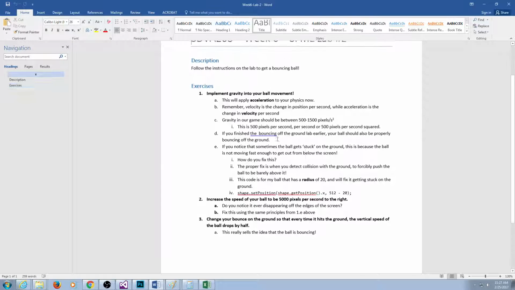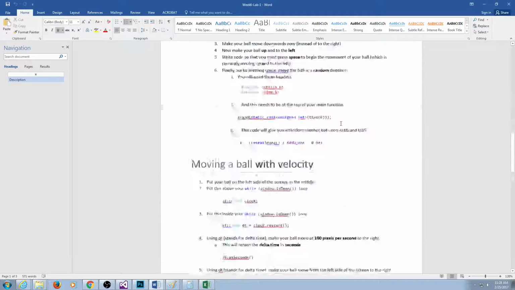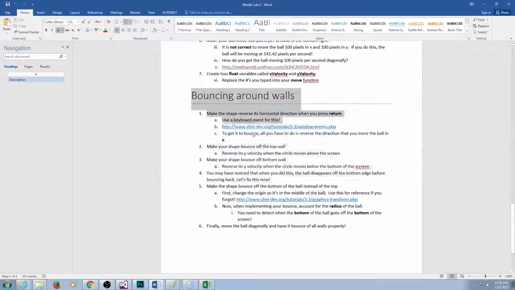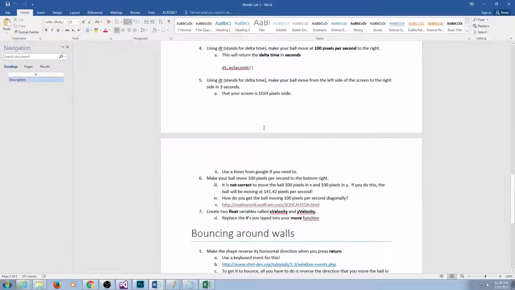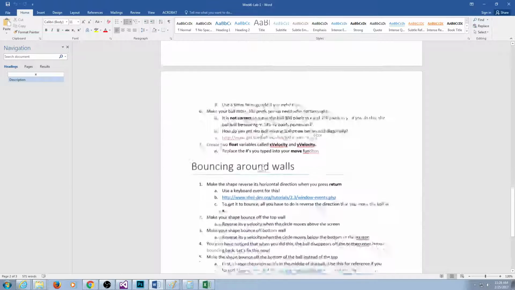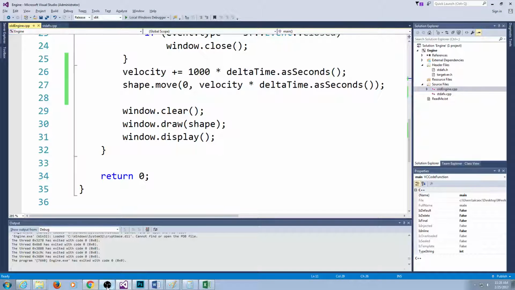Okay. So in order to do this lab properly, you guys also need to do the last part of lab number 1, which is bouncing off the walls. This is related to the previous part of lab where every time you press enter, it changes the direction of the ball. You're going to use the same exact idea, except instead you're going to make it bounce off the edges of the screen. Okay. All right. I know there's a lot there. However, what I want you guys to do is